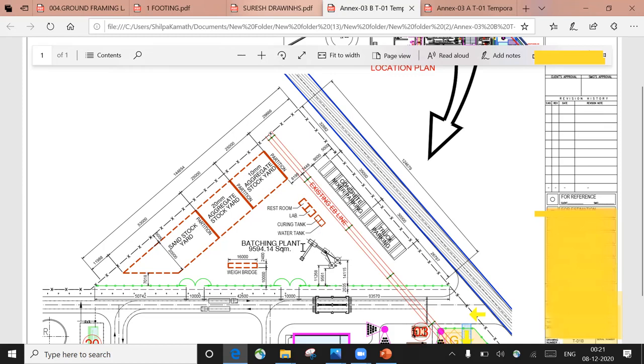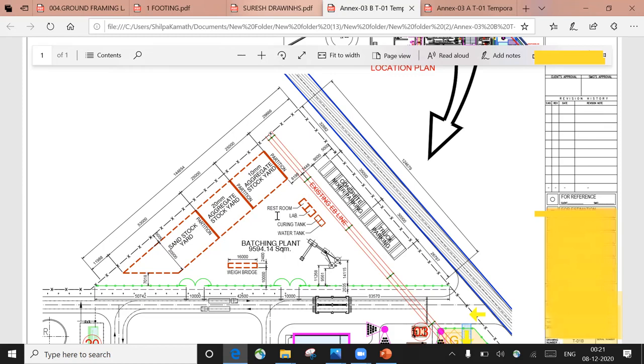Yeah, so when you work in some big companies, what they actually do is set up their own batching plant. They're not going to order it from a nearby batching plant. They set up their own batching plant. So this is how the arrangement is done on the site itself. So that daily we can do the concreting from the same site, wherever the construction is going on, and take the concrete from there. We don't have to depend on some other companies, or let us say a nearby batching plant. Instead, we set up our own batching plant, so that we can do our work